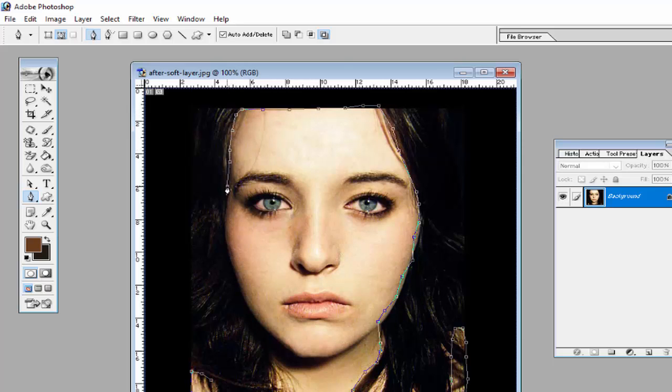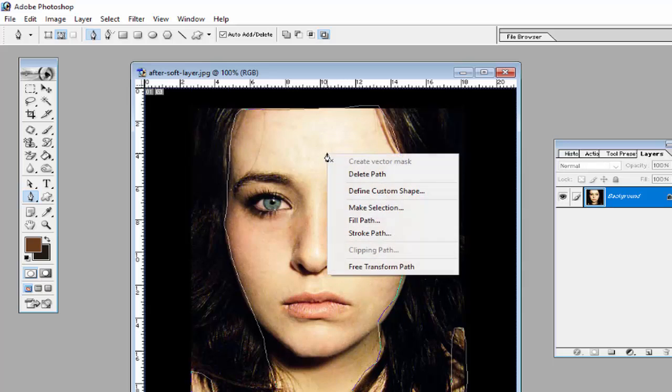So I think this is a perfect tool to select any part of the image. So use the pen tool and select this image, right click on the image,